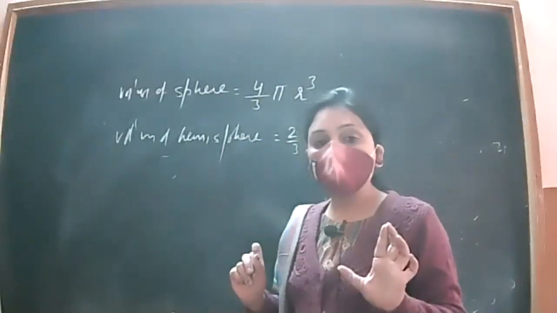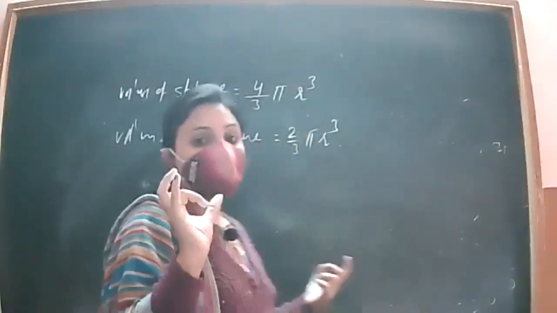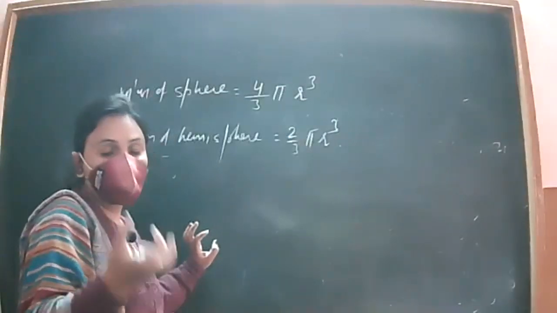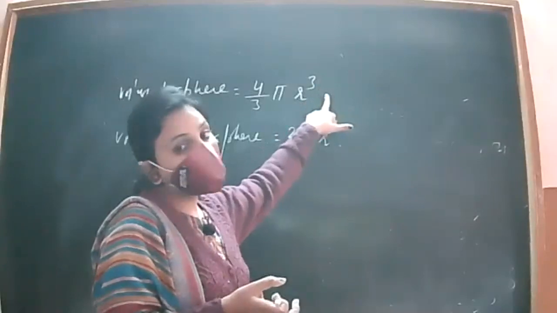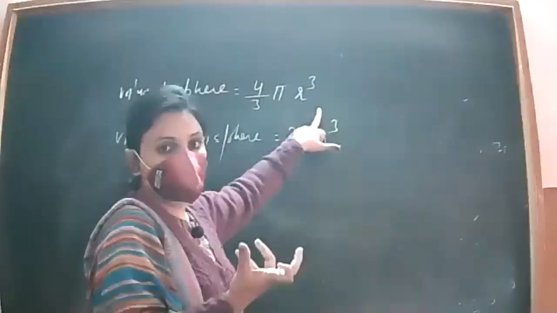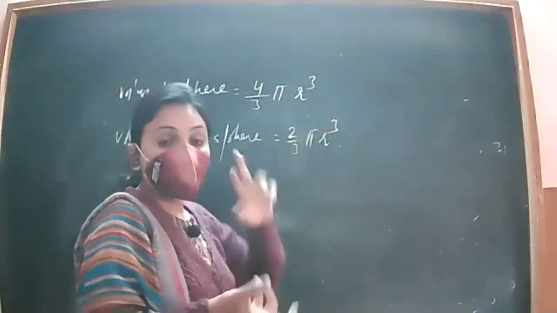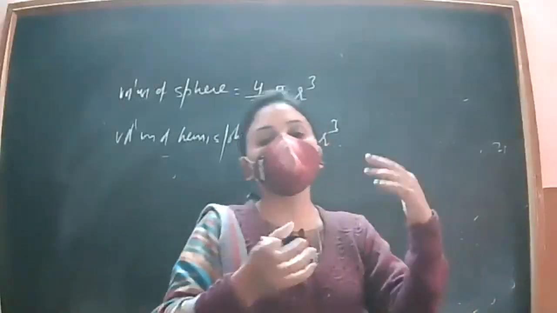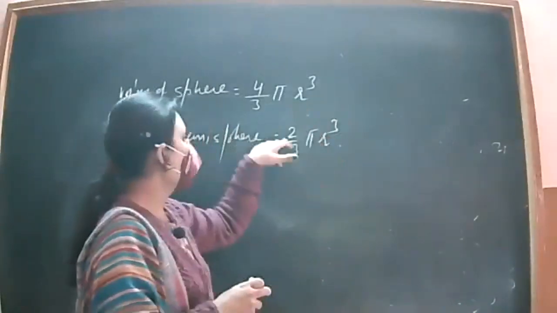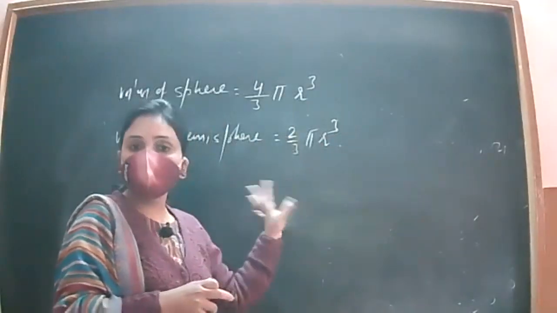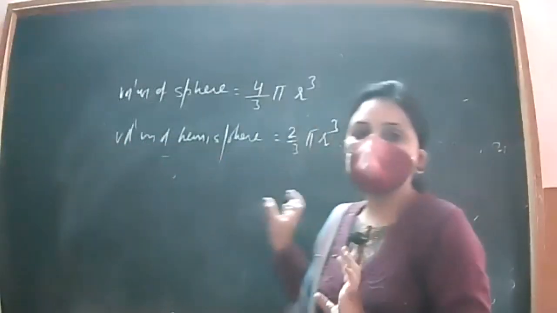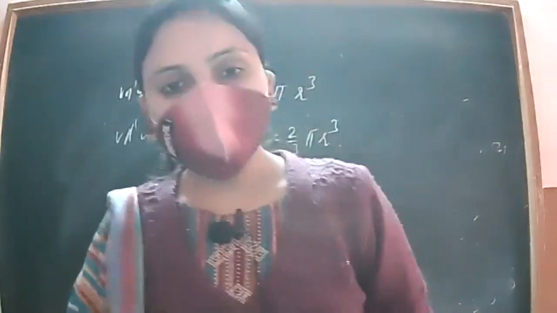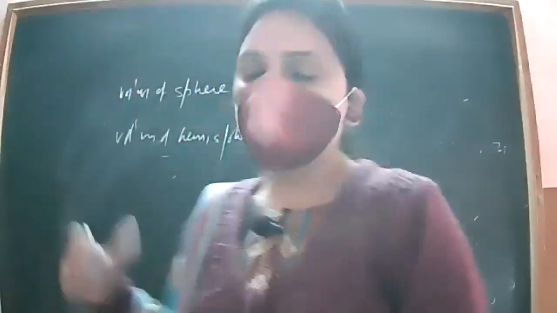Now, one thing more we have to see here, that one major or general mistake the students make in the formula of the volume of the sphere is that they use r square. So please, volume is always in the cubic unit. So it will be r cube, not r square. No doubt, total surface area we take to be 4 pi r square. They get confused and they write volume of the sphere also as 4 by 3 pi r square. No, it will be 4 by 3 pi r cube. And hemisphere will be 2 by 3 pi r cube. These two formulas you have to see very carefully for the coming exercise. So let us start with 13.8, which is truly based on these two formulas.